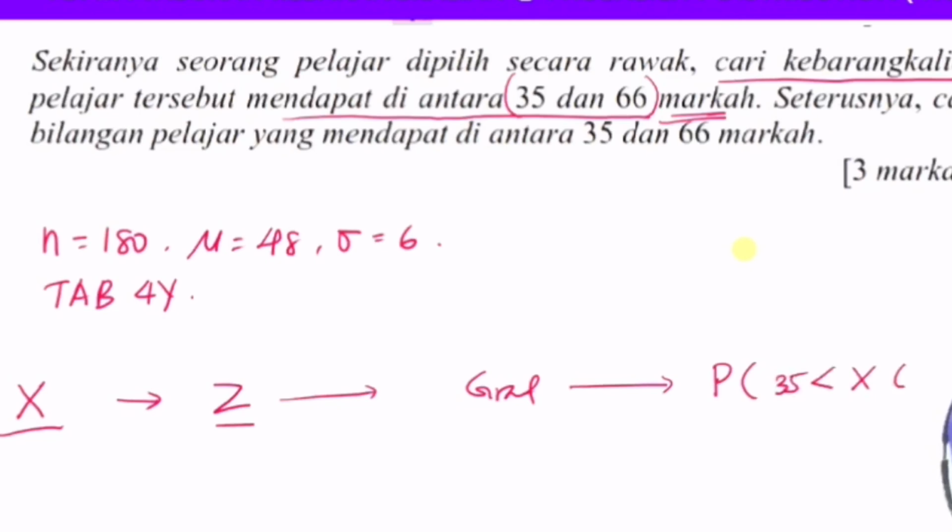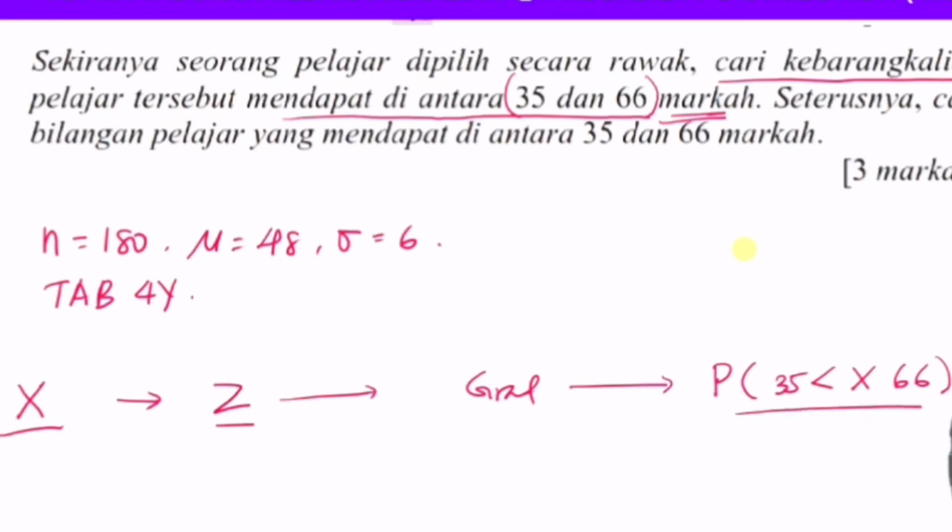Understand? So the probability value is between 35 and 66. Remember just now? Make sure you use the right inequality symbol. Clear? Everyone can follow? If you cannot follow, just put it in the comments there. Next time I will teach